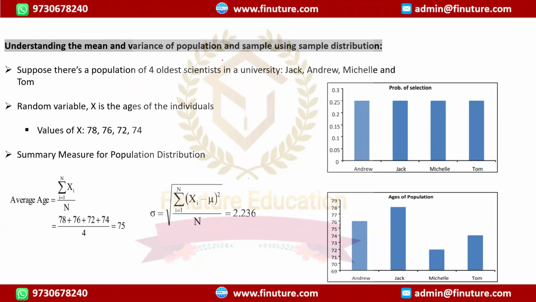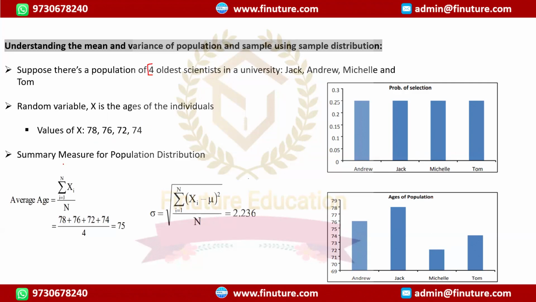Understanding mean and variance of population and sample. So now we'll try to understand how sample mean and population mean, likewise sample variance and population variance, behave. We'll use this example. Just think there are four scientists who are quite old, and their ages are 78, 76, 72, and